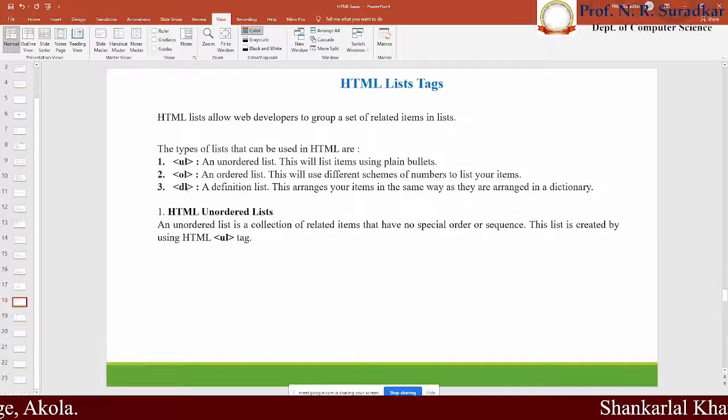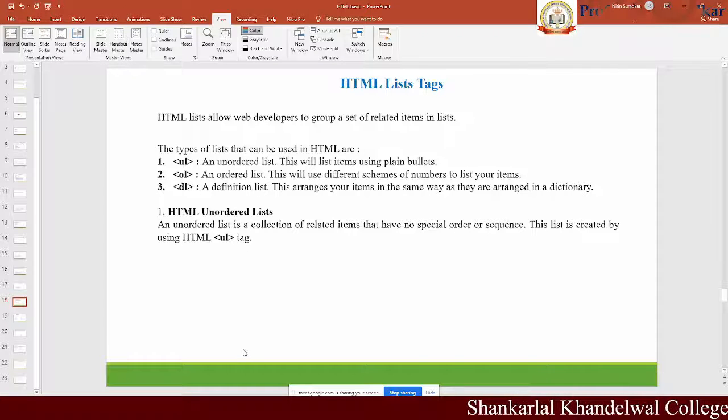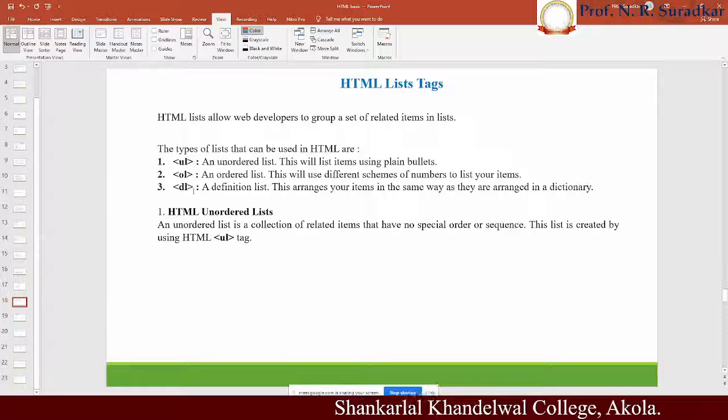And the third one is the DL. DL is nothing but the definition list. This is the special tag defined by the HTML list tag, which defines the information about whichever term you want to show on our web pages.